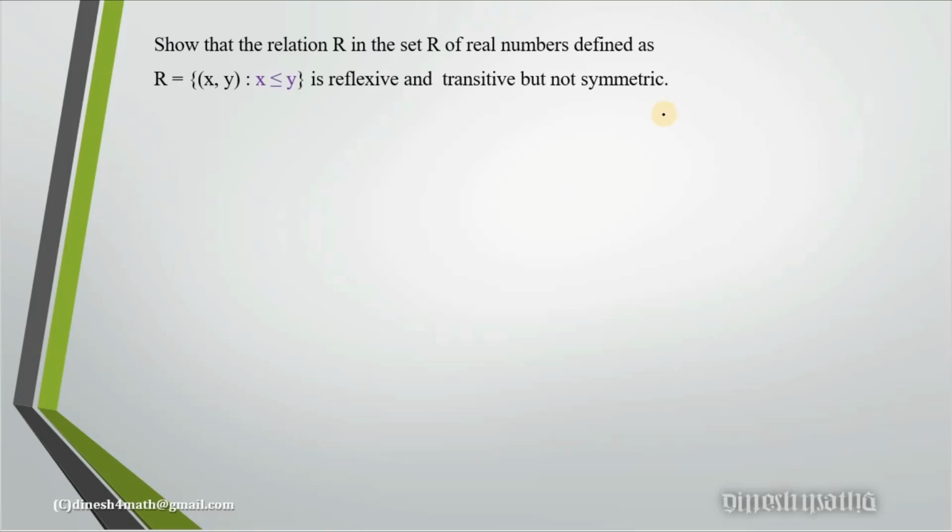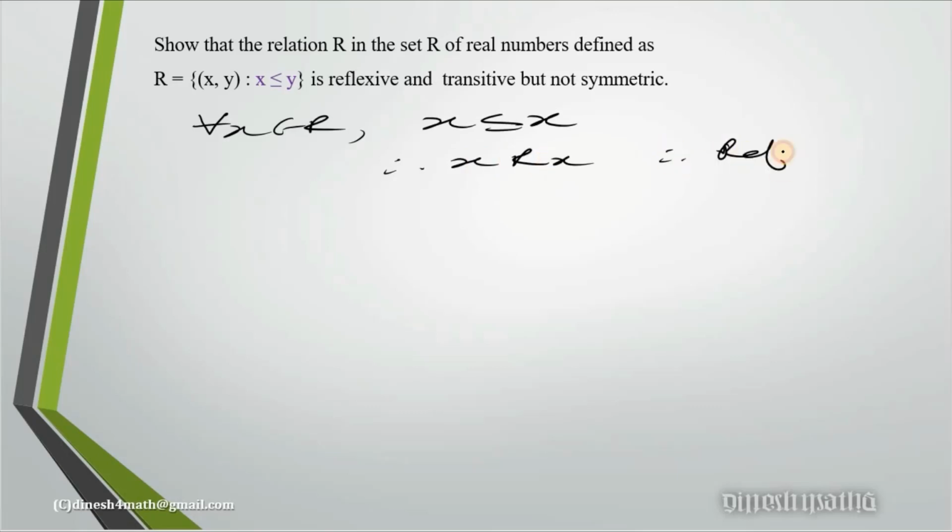When you want to prove something is correct, you have to prove it in general. To say wrong or disprove, one example is enough. Please remember this always, that's a major thing, because a lot of times we have seen answers with examples and the children think they are getting the marks, but you won't. So to say reflexive, I will say clearly for all x in the real numbers, x is always less than or equal to x. So x is related to x itself, it is reflexive.